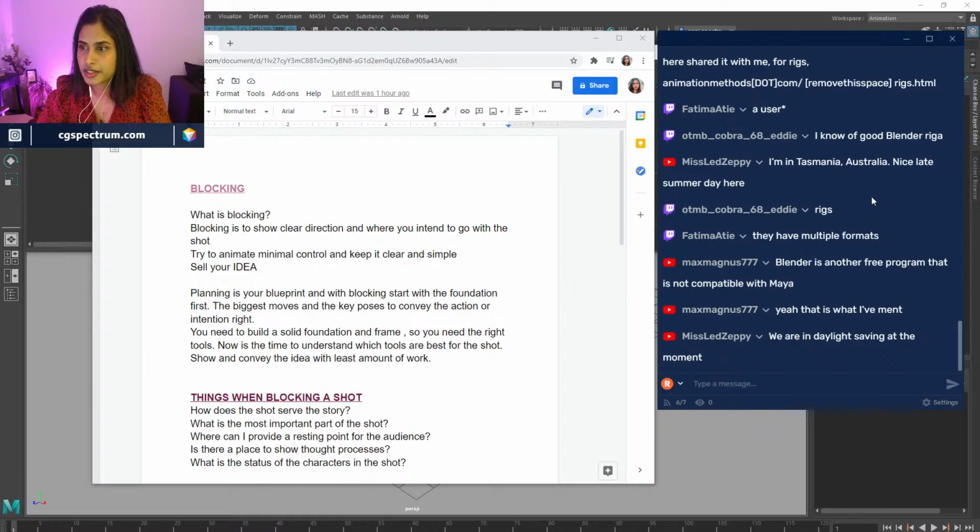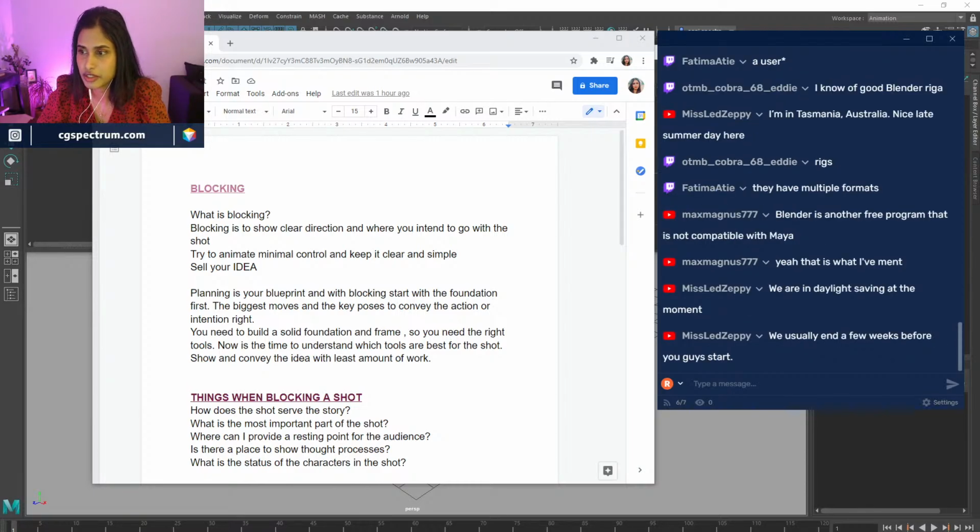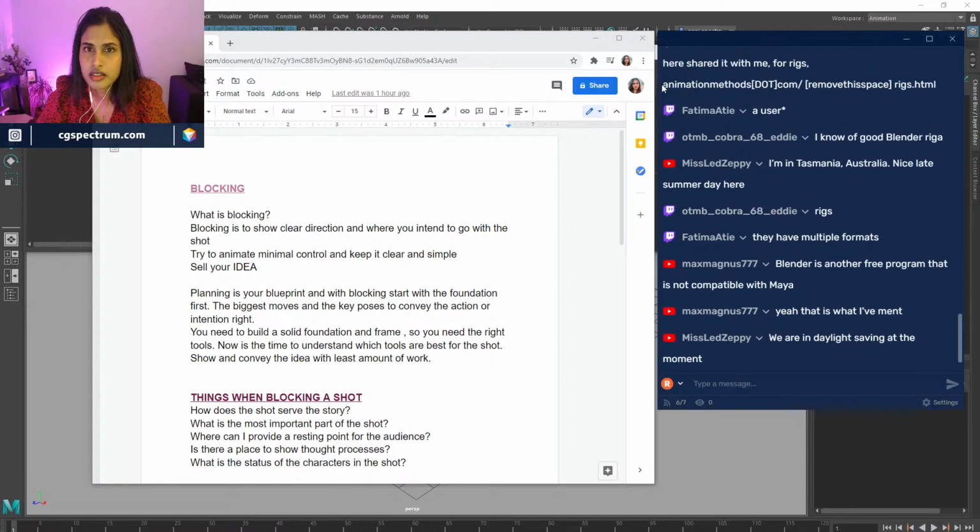Yeah, I know Blender, Max, but I'm not sure. There is a way that you can actually convert the rigs to Blender, or whatever the site is, animation dot rigs HTML.